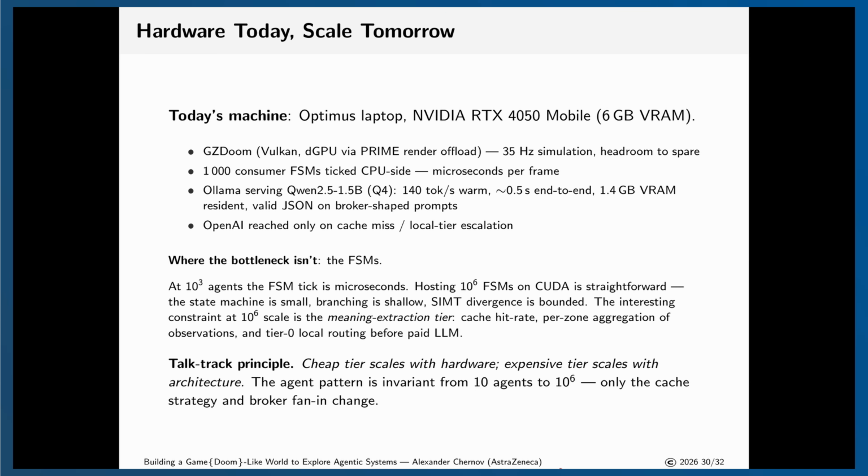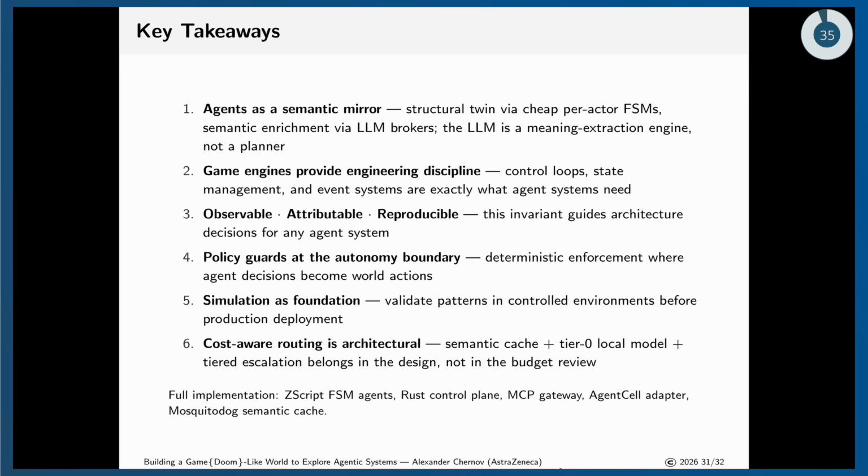There's a capability to run this kind of design up to 1 million of these small finite state machines in CUDA. And then there will also be the possibility to improve performance of the entire game.